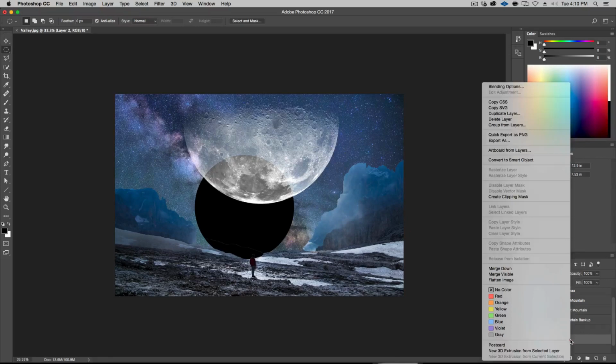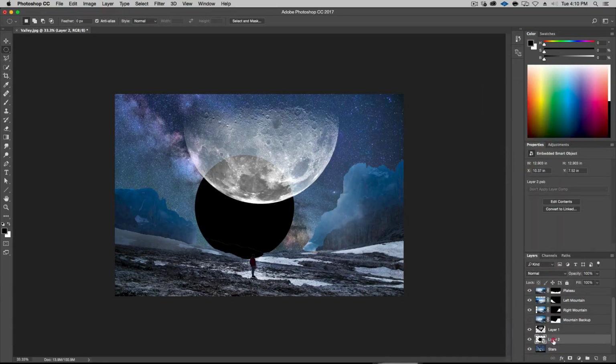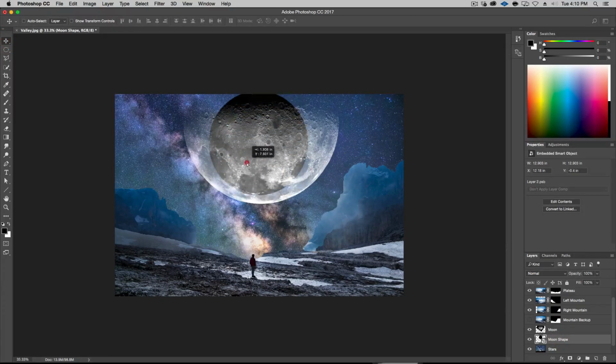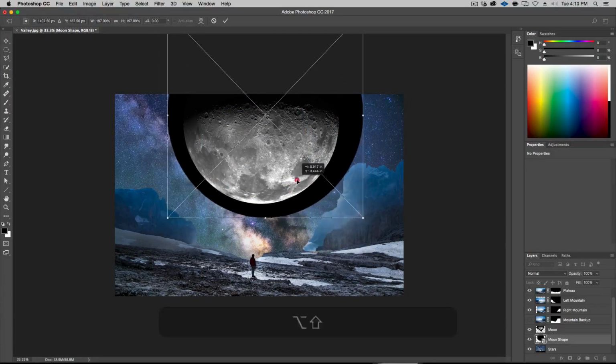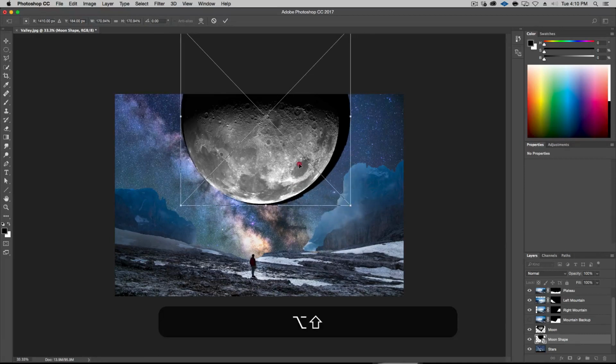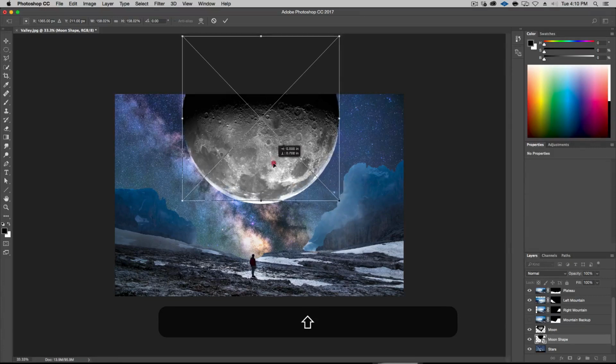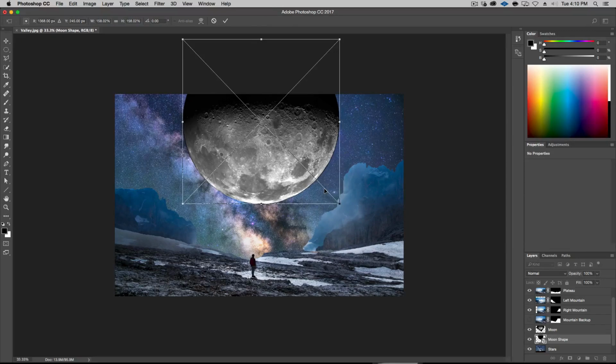And we're going to go ahead and turn this into a smart object. And let's call this moon shape. Okay, this is the moon itself. And now in this, all right, let's take the move tool. We can do a Command T. So Command T. And make this bigger. And we're basically going to show exactly where the moon is. So somewhere here. All right, let's do edge to edge, bring it down a bit. Okay, little to the right, little to the left. Okay, let's hit return for now.